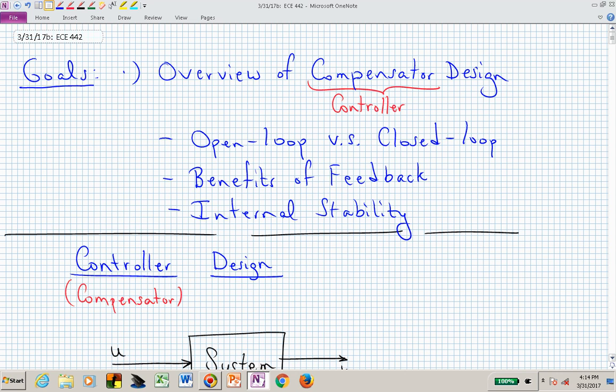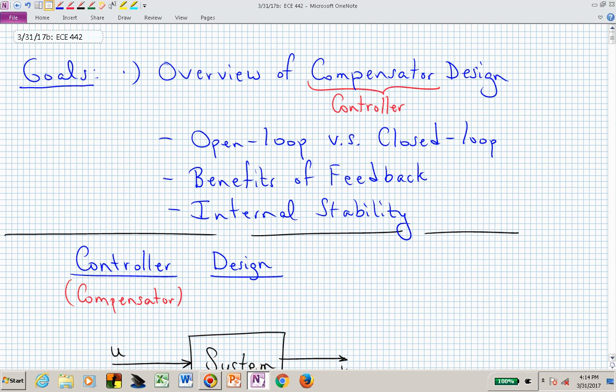What we want to talk about in this presentation is an overview of compensator or controller design, and we'll do that by first looking at this comparison between an open loop system and a closed loop system. We'll talk a little bit about the benefits of feedback, and then we will end this overview discussion of controller